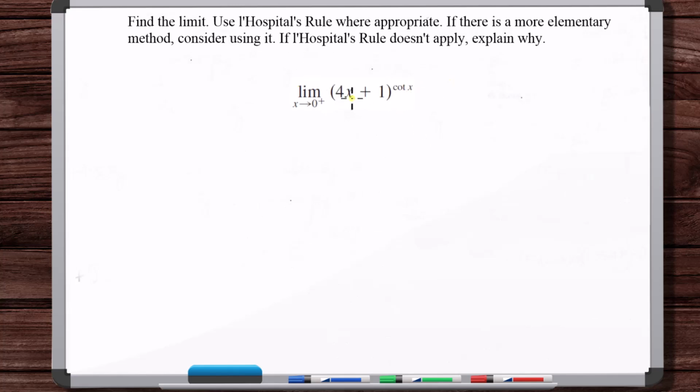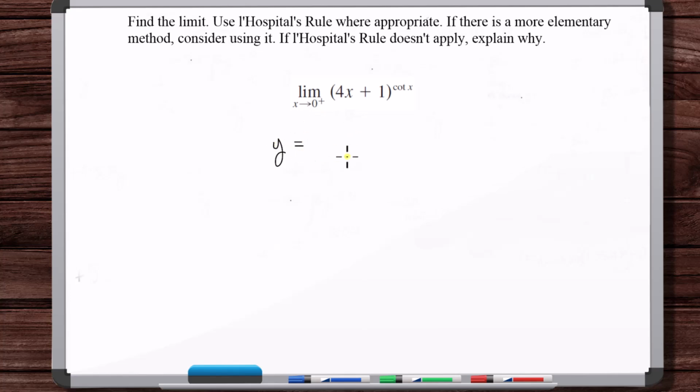Okay, so plugging in 0, you get 1 to the, and then cotangent, let's see. Well, all right, we know that cotangent is cosine of x over sine of x. So plugging in 0, you have 1 divided by 0. So you get 1 to the infinity. 1 to the infinity, that's an indeterminate form, an indeterminate power. All right, so let's